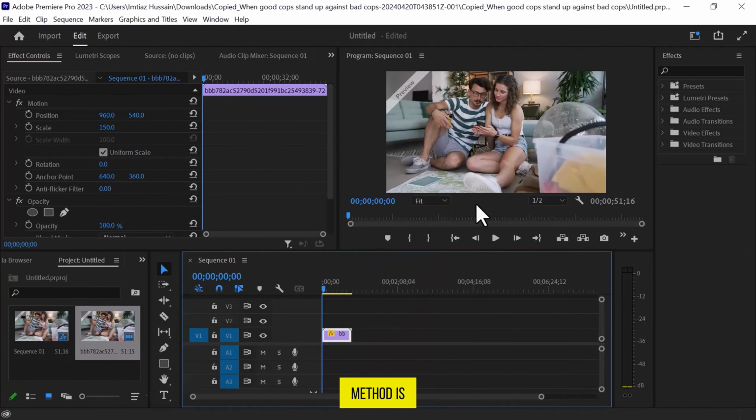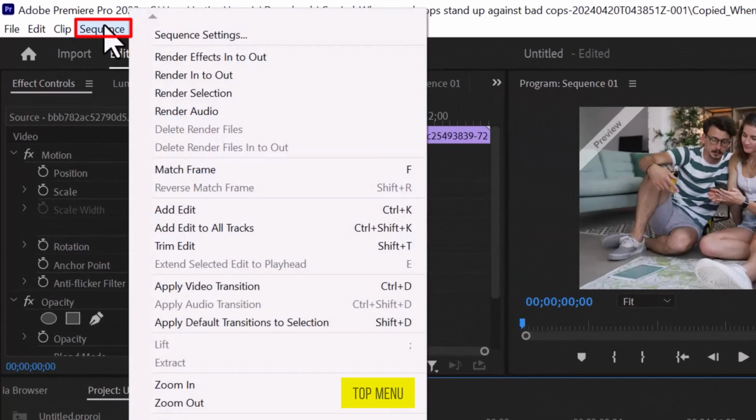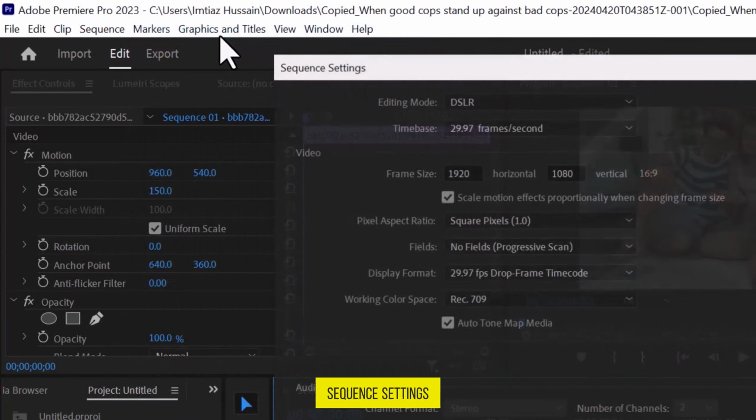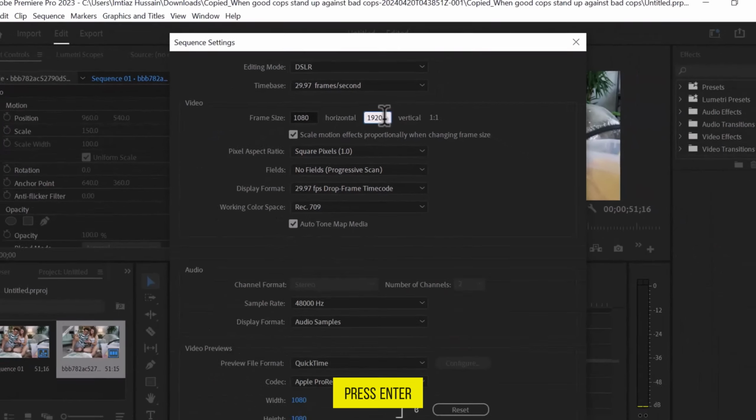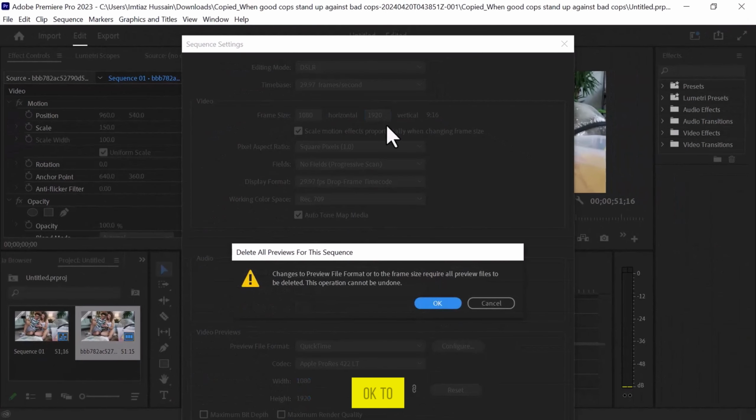The third method is to navigate to the sequence from the top menu and open Sequence Settings. In the new sequence window, adjust the frame size by adding values manually. Adjust the settings according to your project requirements, and then press Enter to confirm and click OK to move on